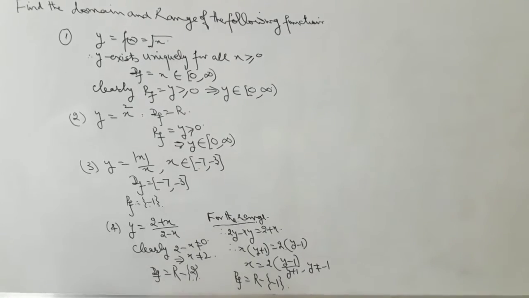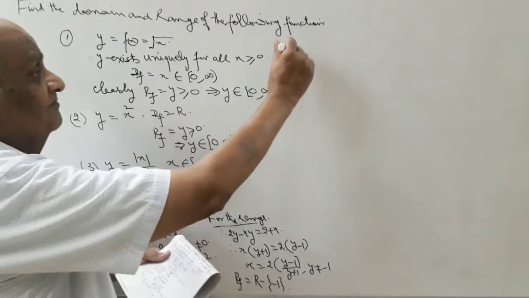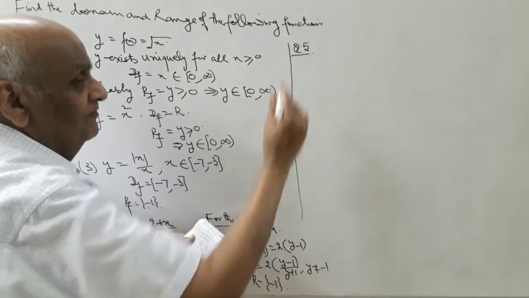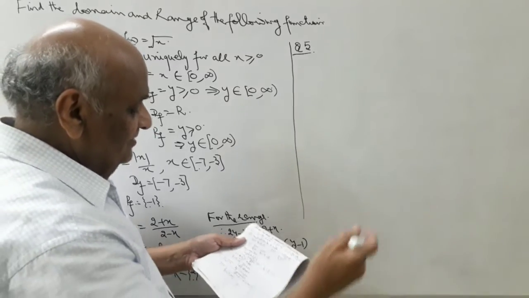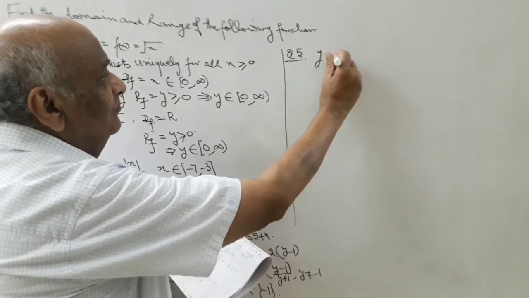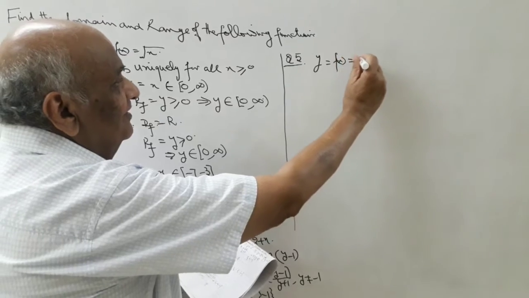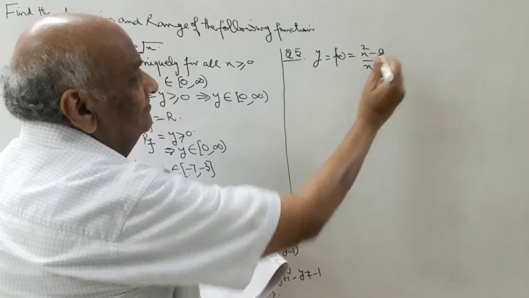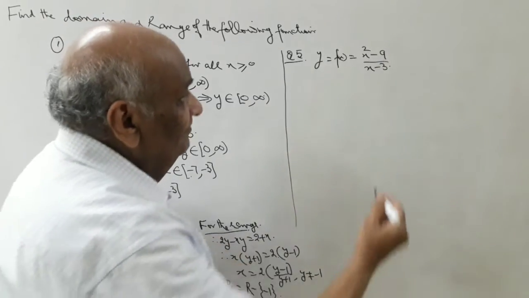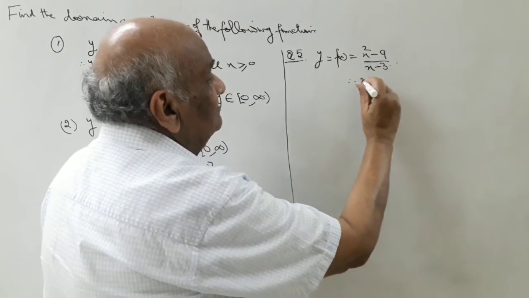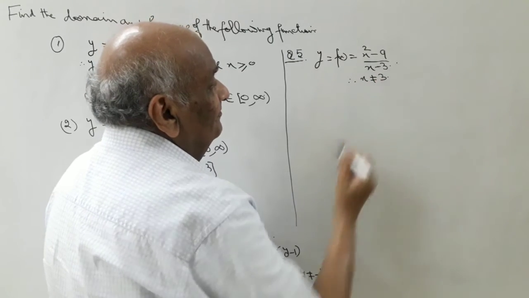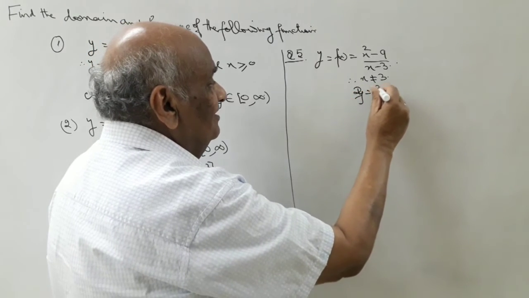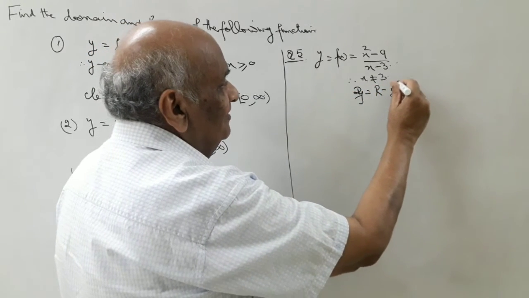See the system, how I am dealing with these cases. Now come to question number 5. I have started from the very basic question. This is y is equal to, say of course f(x), is (x square minus 9) upon (x minus 3). Look, so we say clearly x is not equal to 3. This is the domain of the function. Domain is all real minus 3.